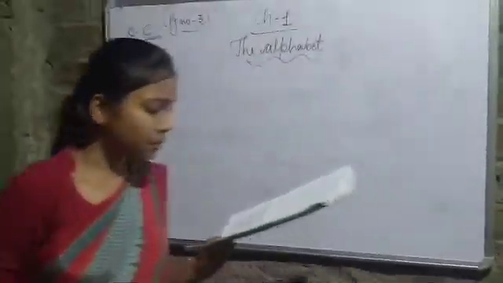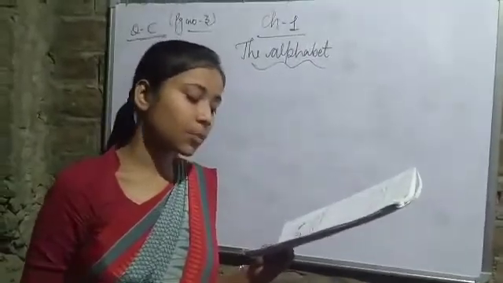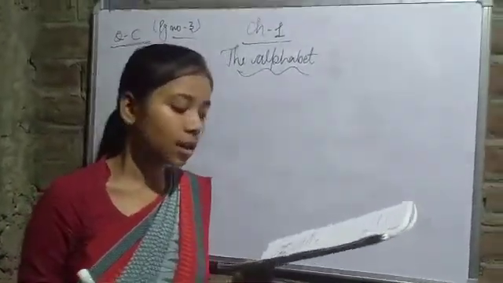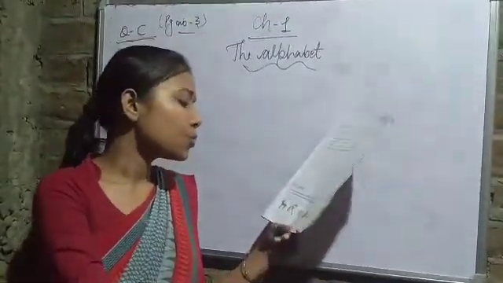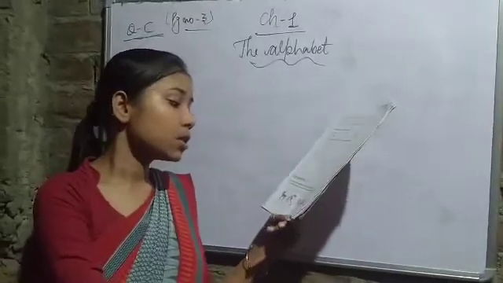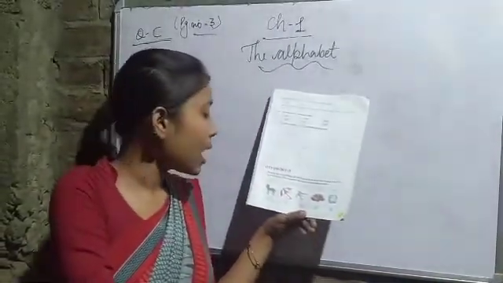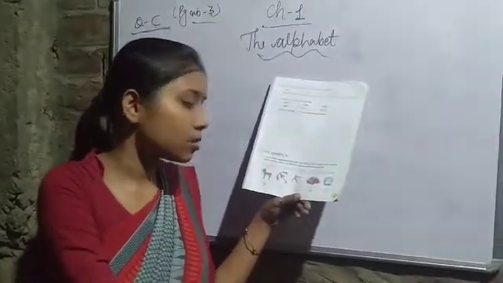Now we have, let's perfect it. A number. Write a word beginning with each letter given below and take clues from the given picture. Number the words in alphabetical order. Okay. Write a word beginning with each letter given below. Here we have some pictures and we have to start the word with the letter given.